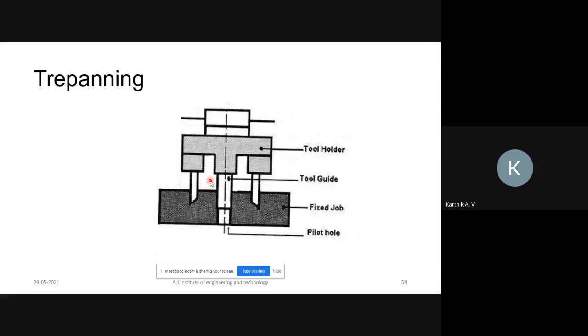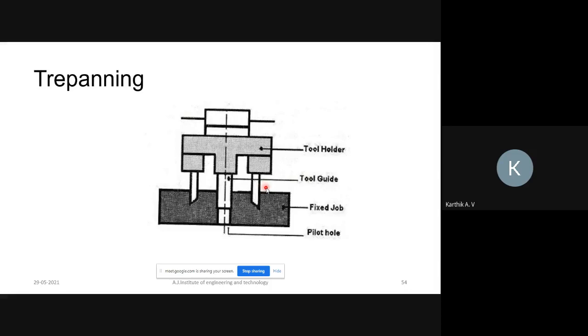And next, trepanning. Trepanning is creating a circular shape. Here we create a hole, and after that, if you want to create a circle throughout this hole, you can do it with the help of this trepanning tool. The previously drilled hole is fixed with the guide pin.